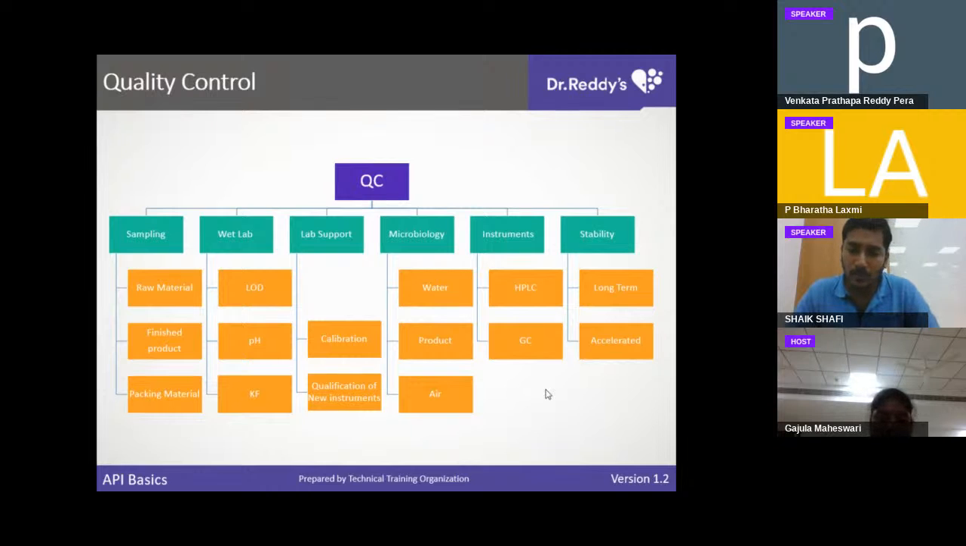Then basic lab support. These people are responsible for method validation and instrument qualification. For that purpose, the lab support people will support. Then microbiology. This is a separate function in QC. This function is responsible for microbial checking of water which we are using in the process. Then microbial checking of facilities which for